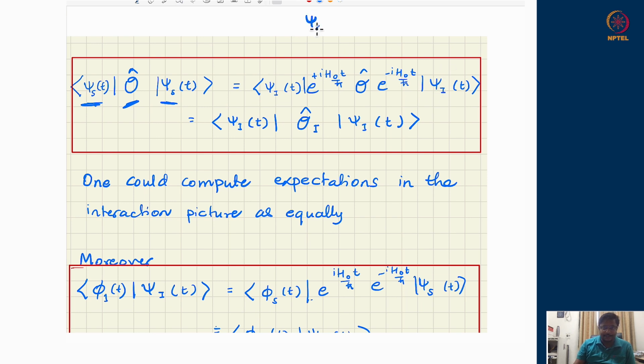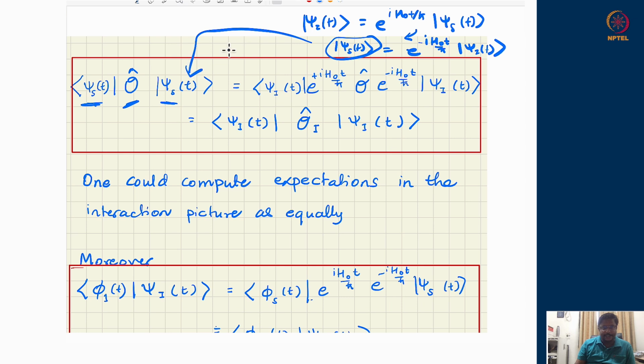Remember, psi I of t was defined as e to the power i H naught t upon h bar acting on psi S of t. So if I reverse this game, I get psi S of t is e to the power minus i H naught t upon h bar on psi I of t. And this psi S of t I feed here and I feed here. Then I get psi I of t, and then the free Hamiltonian's unitary on left and right, and this becomes